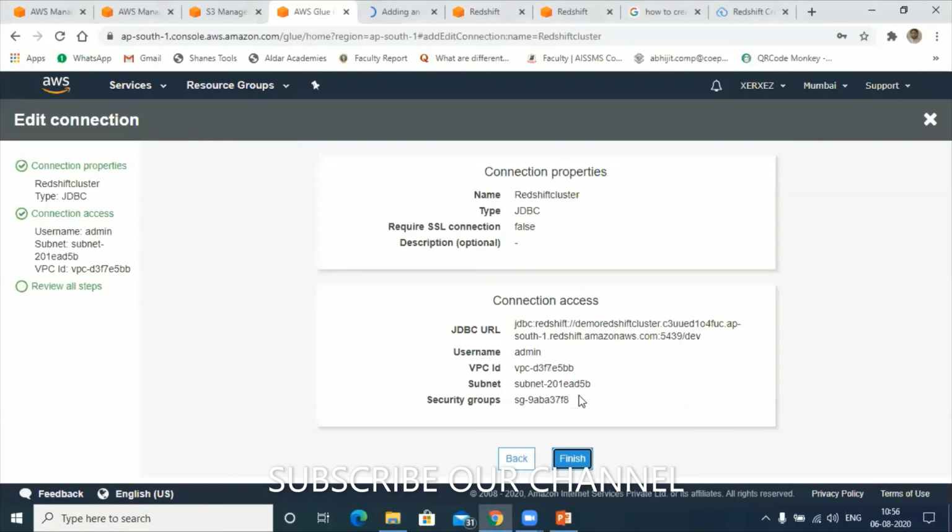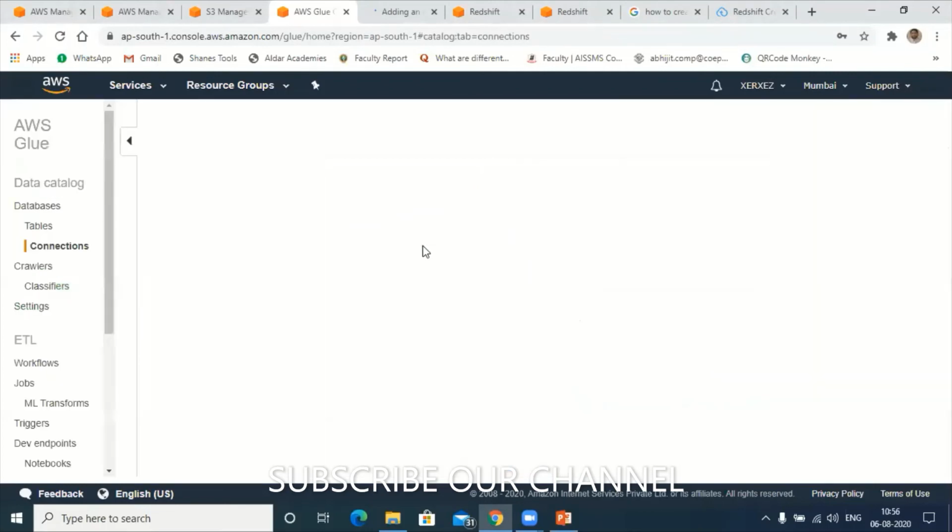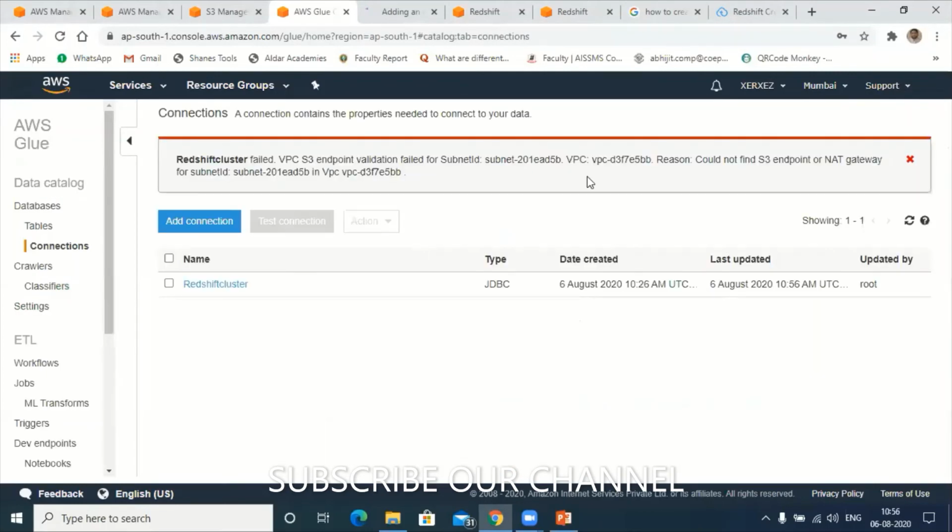Instead of that one, we should mention the other one. It's showing that you have configured the subnet 201. So instead of that, we should configure the other VPC, with the subnet 201.